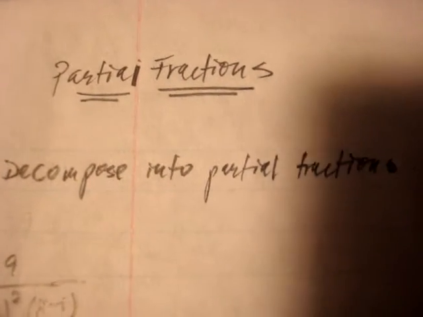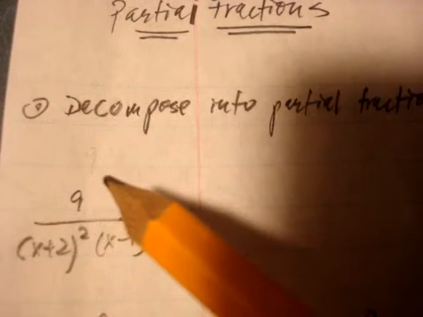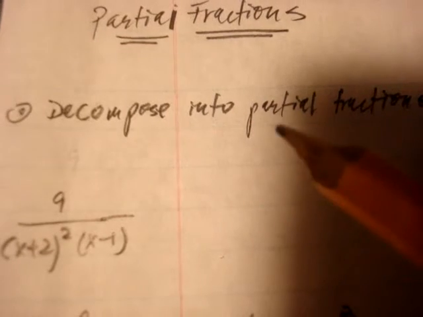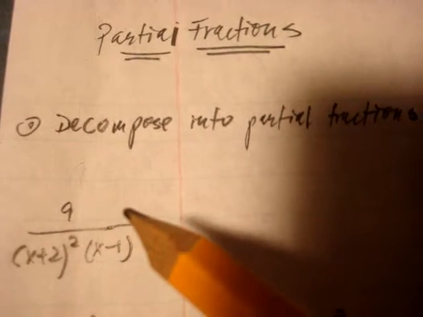Partial fractions: decompose into partial fractions. Let's say we're given this rational expression, and they want us to decompose it into partial fractions. What does that mean? It means to